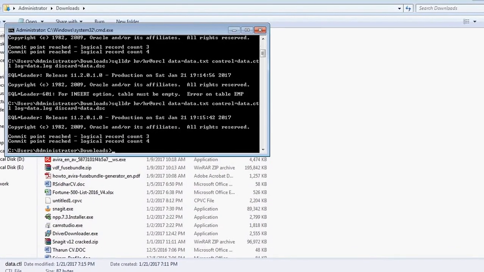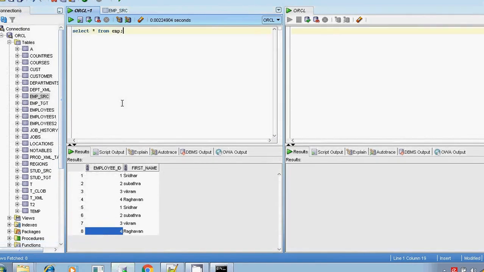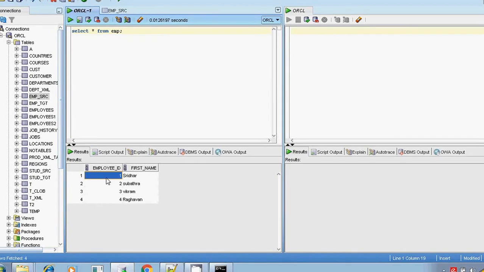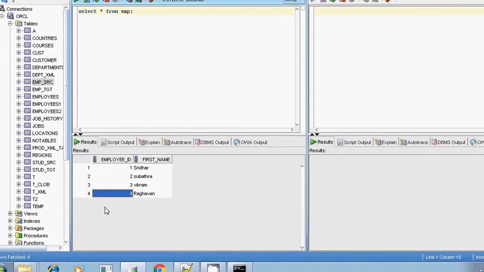It's done. Previously we had 8 records, now the same 4 records. Replace replaces the contents present in the table with the contents present in the flat file. See here, the old records are replaced by the new records present in the flat file.